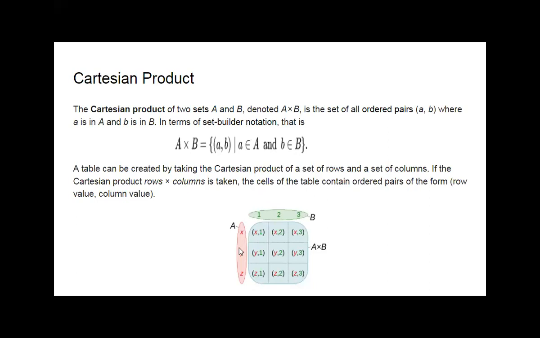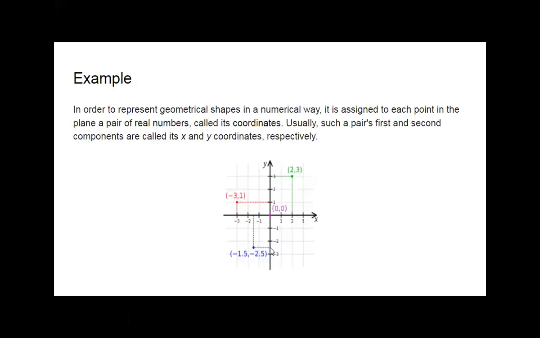Just for your understanding, it is given in the table manner. Okay. If we have to write all the pairs like this, A and B means first element will be x1, second element will be x2, then x3, then y1, y2, y3, z1, z2, z3. All these elements we have to write in curly braces. Okay. It will be the Cartesian product A cross B. Then it will be clear with the help of an example.